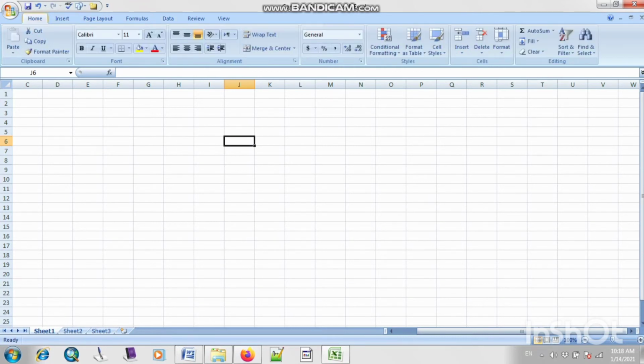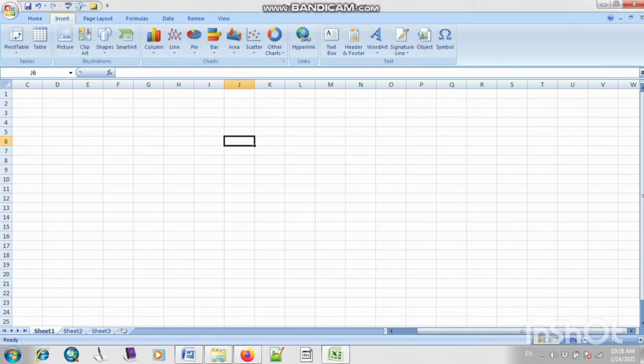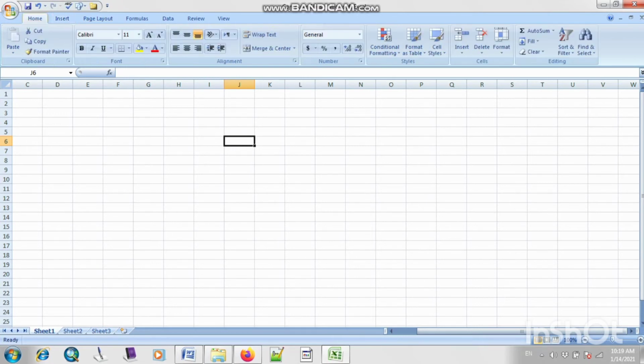As in Home, we have different features like copy, paste, cut, etc. You can make your font size bigger or smaller. And then you have Insert, where you can insert different charts, different bar graphs, different shapes and pictures, etc. We will study these tabs step by step in the next lesson.